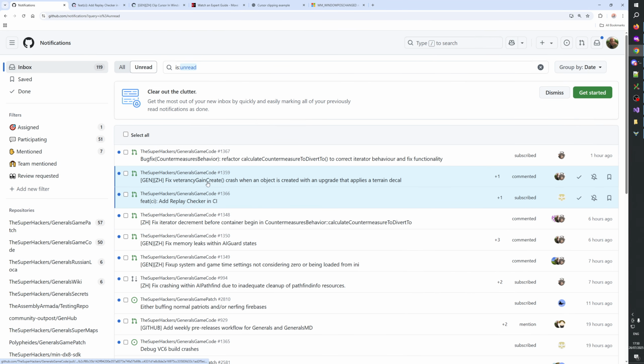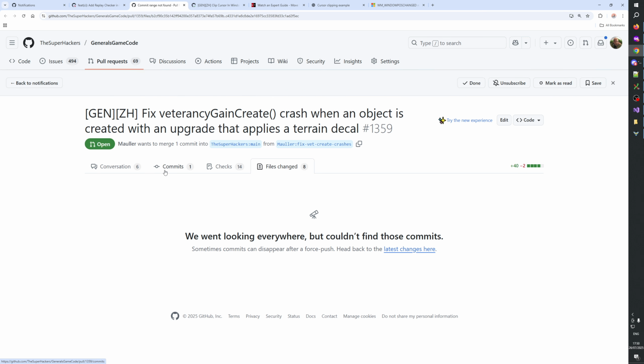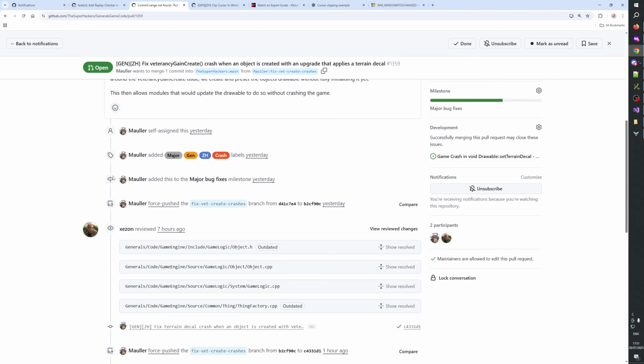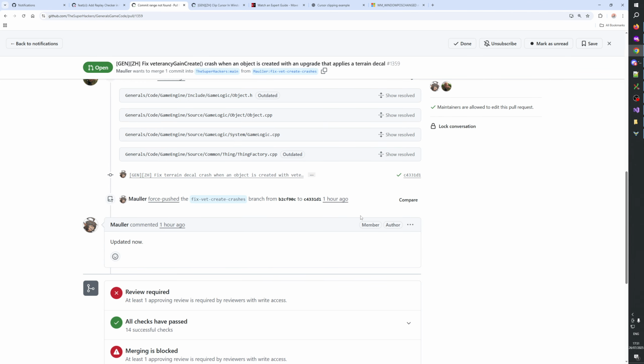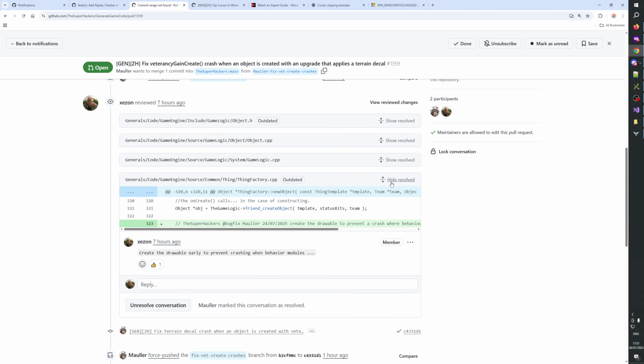Okay. Fix veterancy gain, create crash when an object is created. Updated now. Okay.